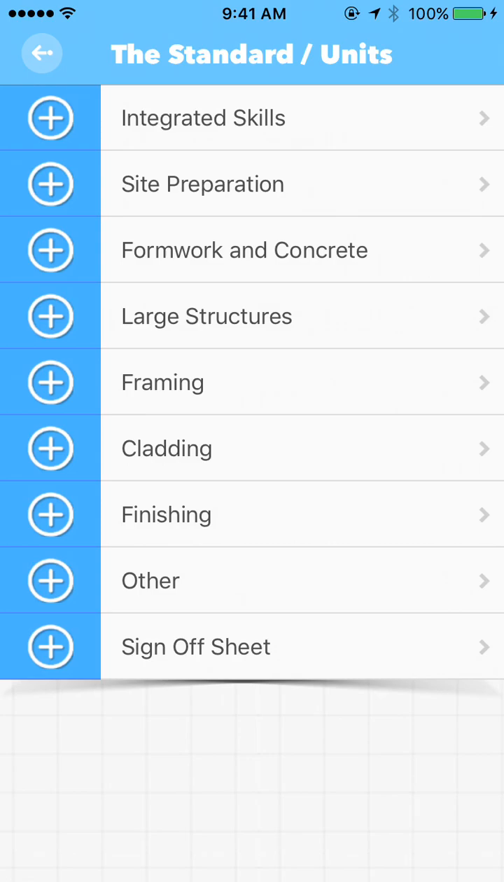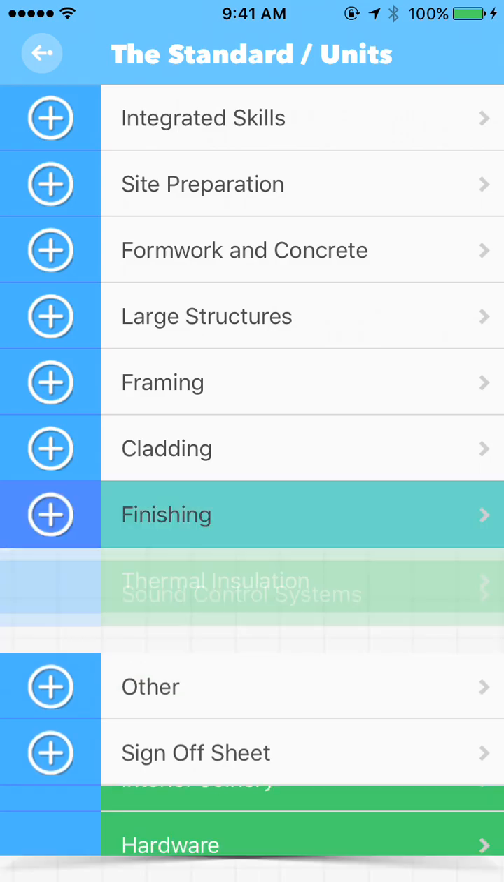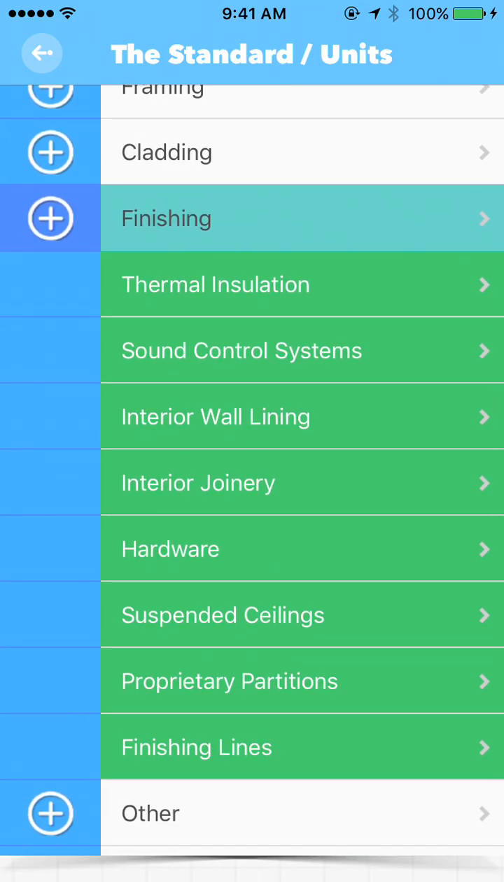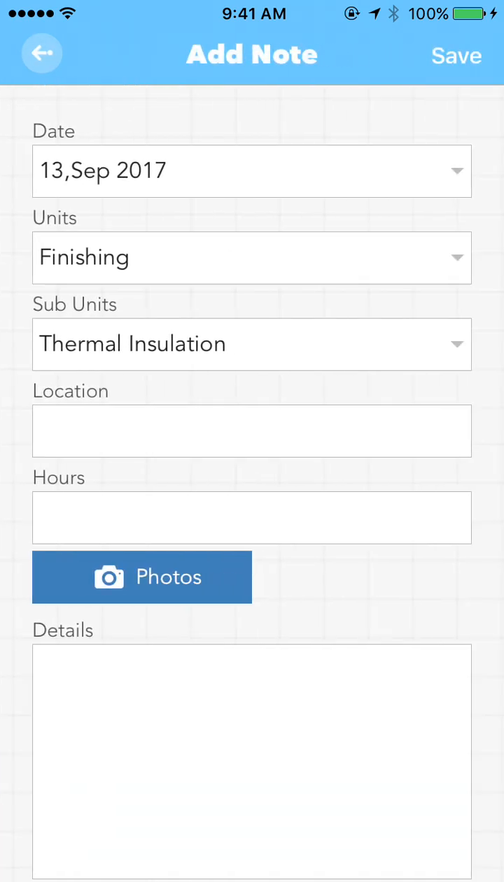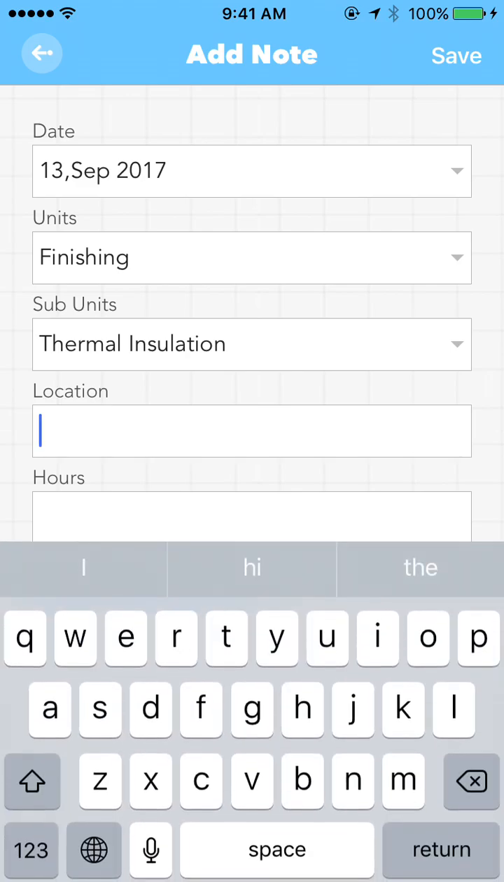If we were going to record some evidence, now I've just been out to a house site and I've been looking at some finishing work. So if I open the finishings, there's a range there of thermal insulation. Now one of the things I saw was thermal insulation, so I can put something in here and it says add a note. Now it's already got the date, the units that it's coming under, thermal insulation, and I'll put